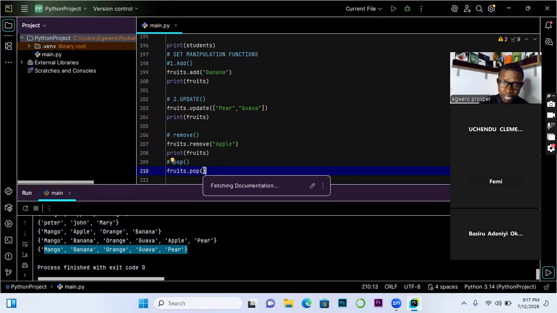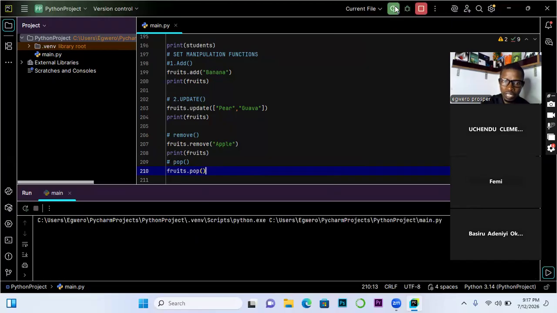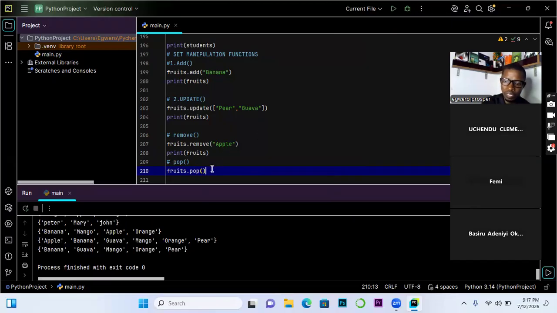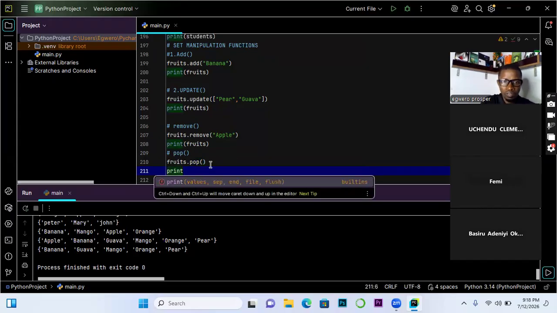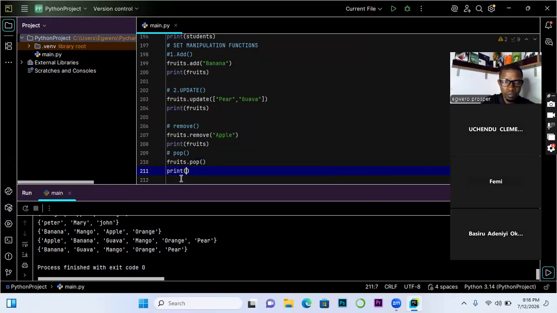As soon as I call this, the parameter says only self, which means don't put anything inside. So if I run this now and it does not throw any error, let me reprint fruits and see which of the items was actually removed.